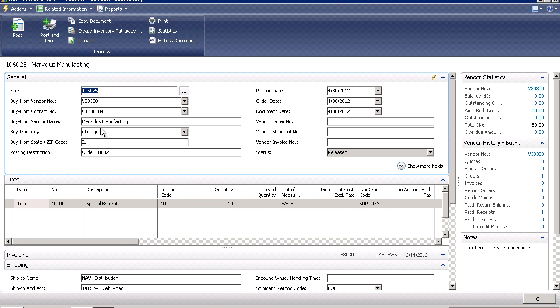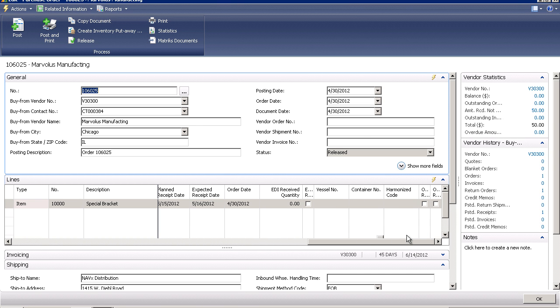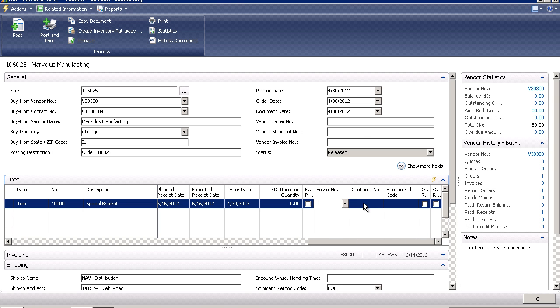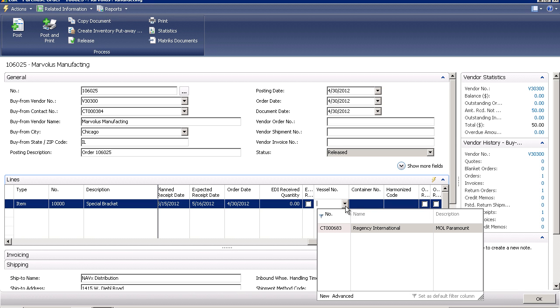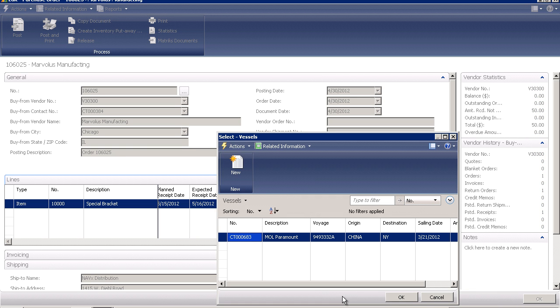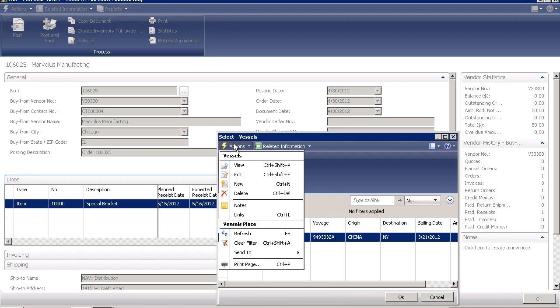On my lines, if I scroll to the right, you'll see that I have fields for vessel and container. If this line or this purchase order was married to a vessel, I could call up that list and see the individual vessel information. If we look at that vessel and we call up that vessel as a vessel card,